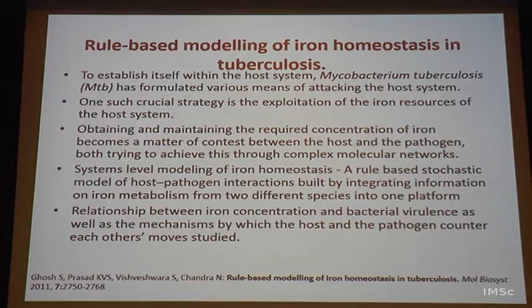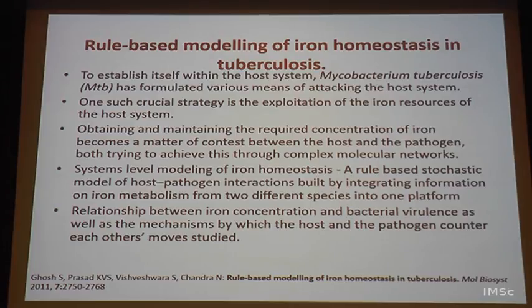And these mycobacteria put out some other molecules called mycobactins, which have even higher affinity for the ion. So, it pulls it away from this storage and takes it for itself, because it is after all a matter of competition between affinities. If there is another molecule which can take this away, then that is what happens, and ion is removed from the storage molecules and bound to mycobactin instead. Okay. So, obtaining and maintaining the required concentration of ion becomes a matter of contest, like I said, but it is not just these molecules that are involved. There are a large number of transcription factors and many other events which lead to the biosynthesis of these mycobactins or the ferritins, for example. So, there are a large number of players on both sides that are involved.